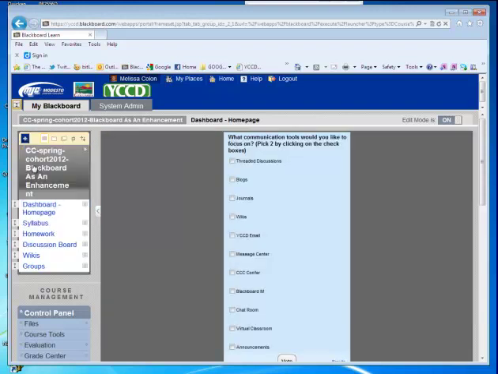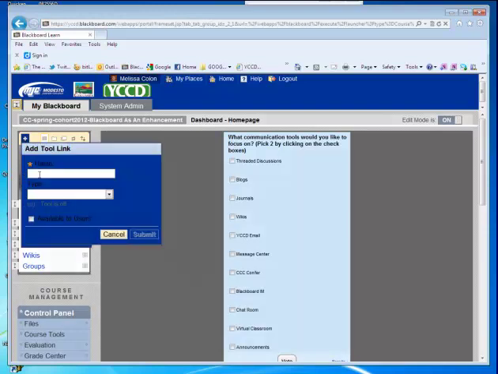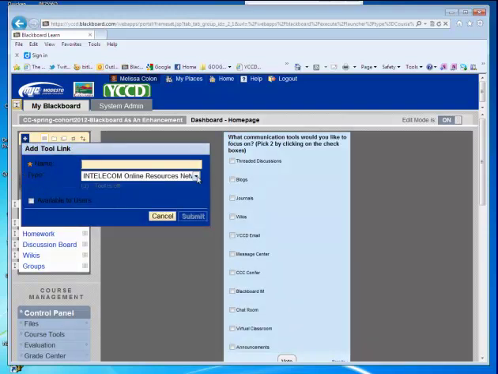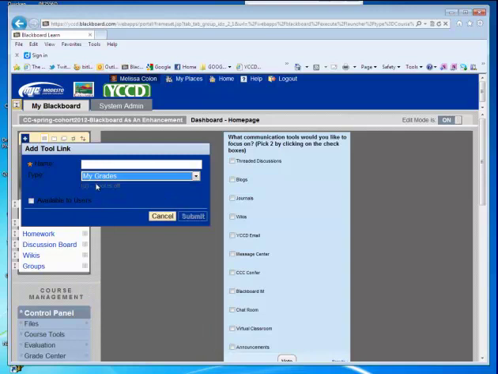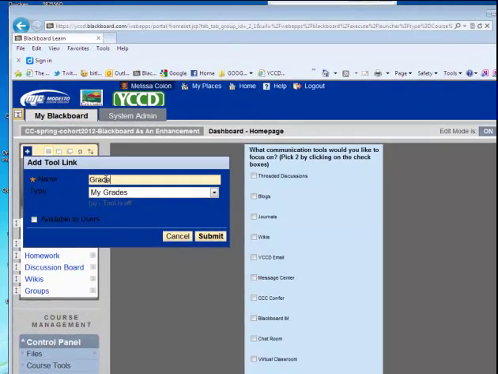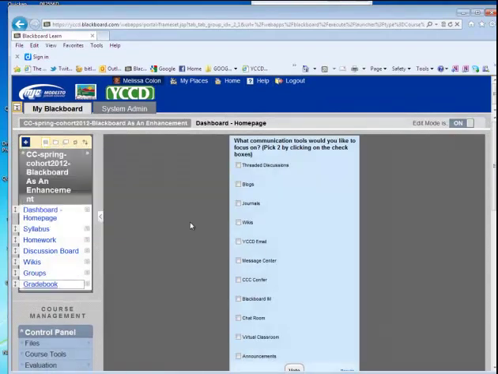I'm going to go over here to Create Tool Link. I'm going to drop down the menu and I'm going to find where it says My Grades. Then I can name it Grade Book or anything I want to name it. My Grades, Your Grades, and then I'm going to make sure it's available to users, and then I'm going to click on Submit. Notice it has appeared at the end of the menu, and I can move it into place